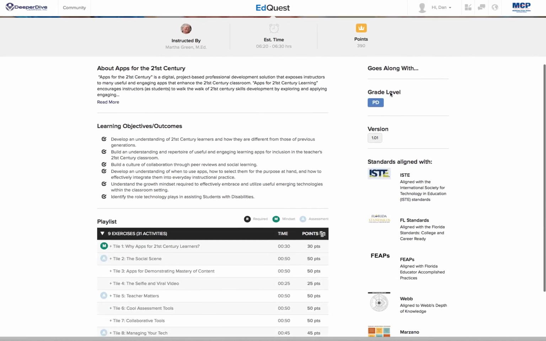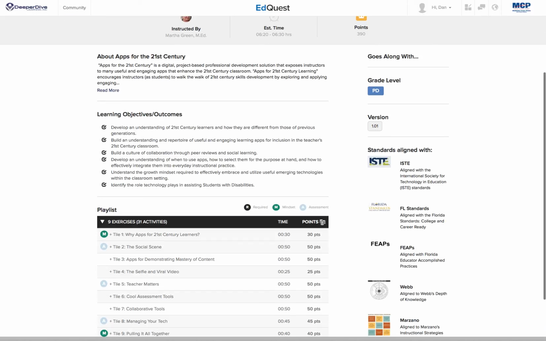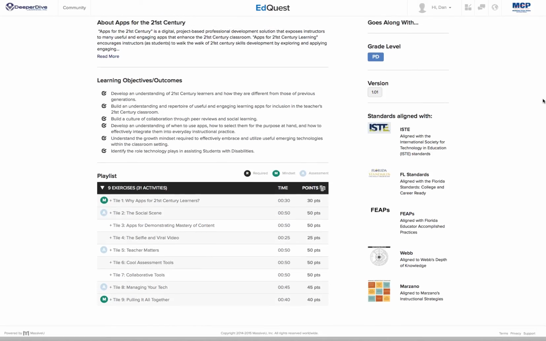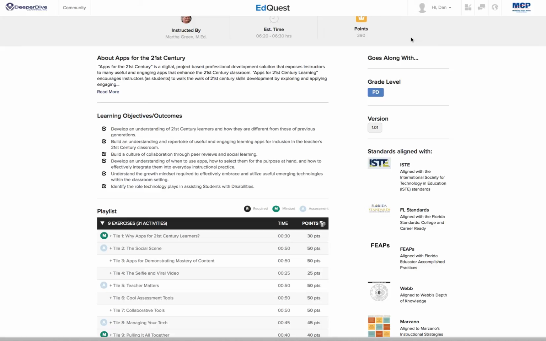So let's see. About apps for the 21st century. Learning objectives, okay, I get it. So that's a syllabus. Okay, so these are the little exercises with playlists. Standards aligned with, I'm not sure what any of this really is. I get it. Okay, that's version, grade level. You get that. Goes along with, okay, so,